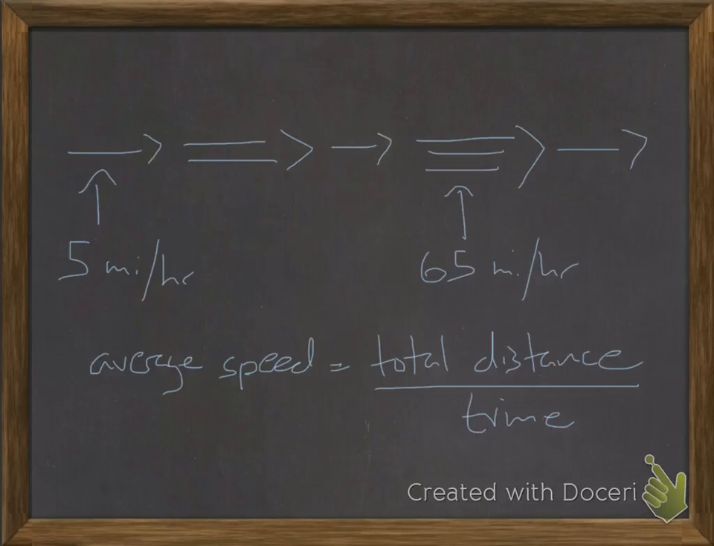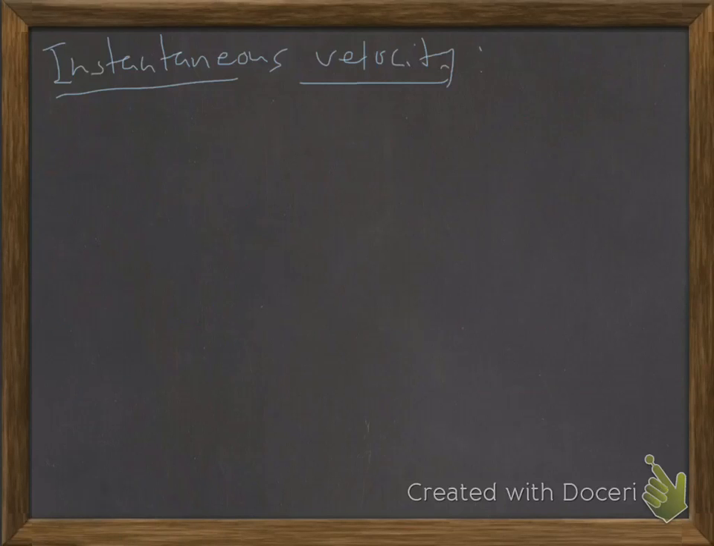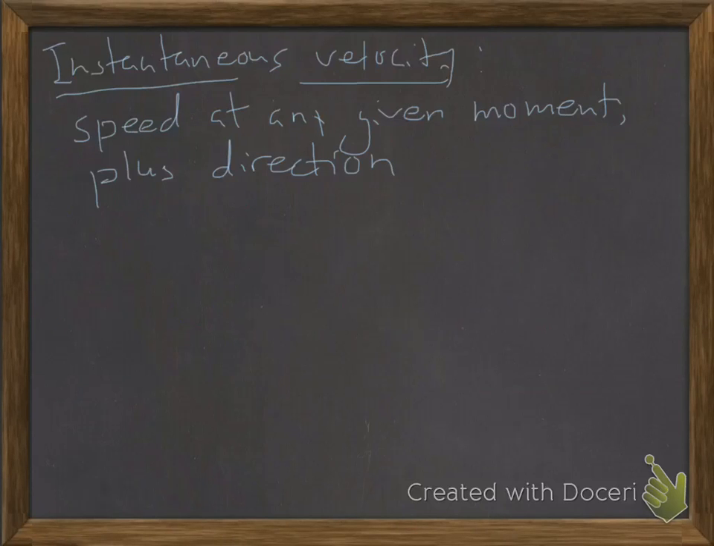Now let's talk about velocity. The instantaneous velocity, for all intents and purposes, is really the same as the instantaneous speed. It's the speed at any given moment plus direction. So whatever your speedometer reads plus whatever your compass reads. 60 miles an hour north would be your instantaneous velocity. Whereas your average velocity